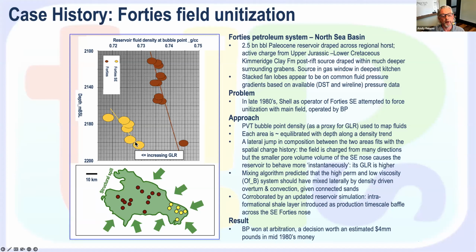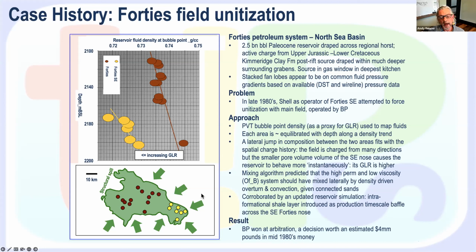So basically this part of the field has higher GOR, it has lower density, and this part of the field over here to the west has a lower GOR and higher density here. So now here we have a gravitationally unstable situation. We've got fluid here that is deeper or at the same depth as the fluid in the more up dip